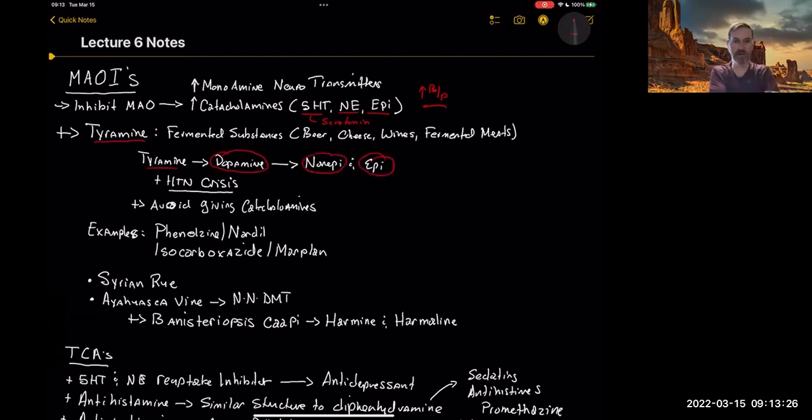We went over some of the pathway for that and some of the enzymes involved in that. And it's fairly straightforward. So if somebody eats food high in tyramine, and tyramine is very common in various fermented and pickled substances such as beer, cheese, wines, fermented meats, things of that nature, they'll increase their levels of tyramine, and that will cause increased production of things like dopamine, norepinephrine, and epinephrine, and that could precipitate a life-threatening hypertensive crisis,